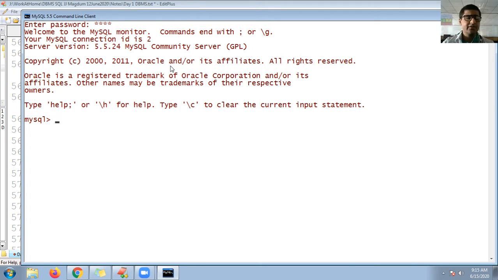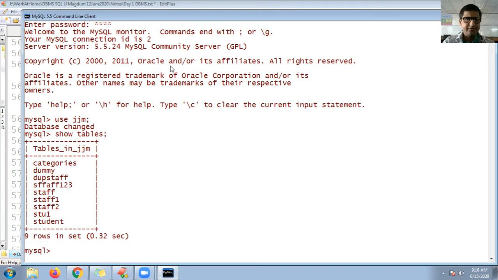Yesterday we created which database name? We created JJM, I think, right? So show databases or use JJM. Let me check the tables. Show tables. Select star from which table contains all the data.